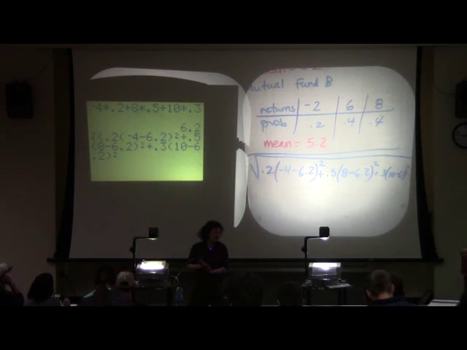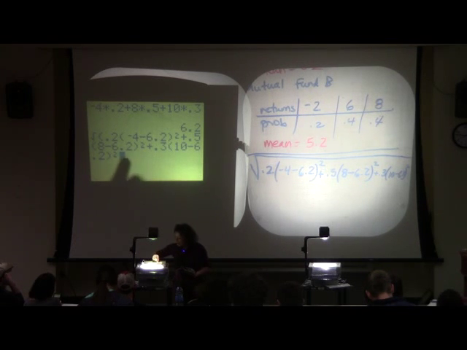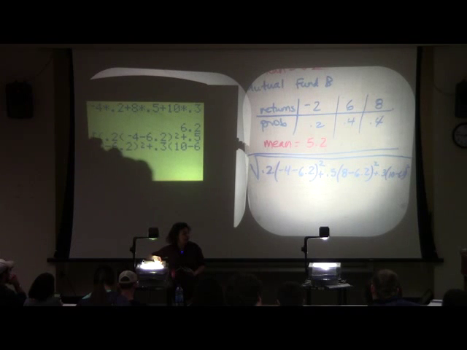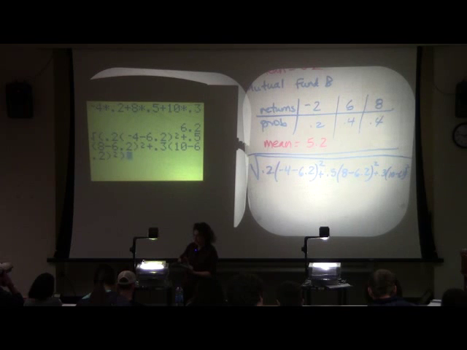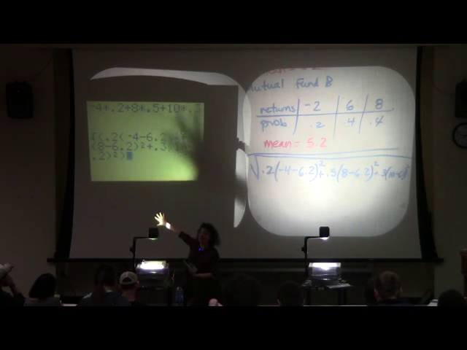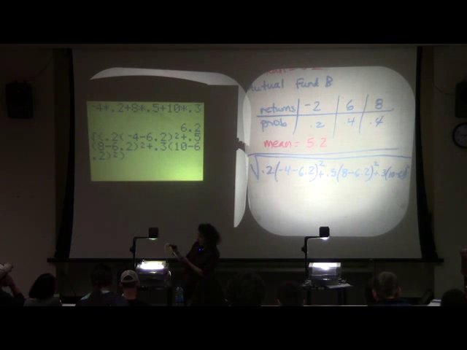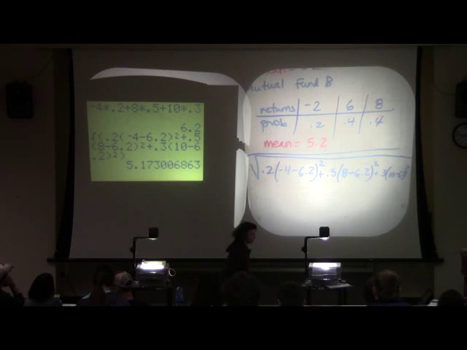You guys see how I plugged it in this far? Now, the thing is, your calculator likes to keep track of parentheses. You see how I had this beginning parenthesis? He needs a partner, right? For every parenthesis, he needs his partner. So you got to close the parenthesis at the end. And that tells your calculator, you're taking the square root of this whole big mess. Equals 5.173.